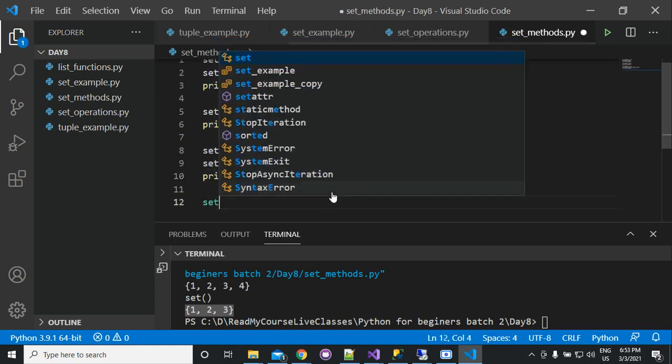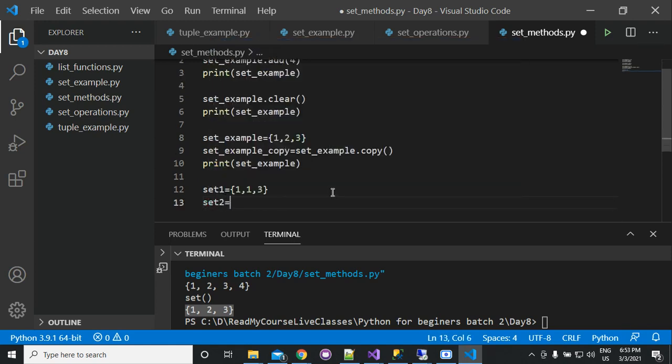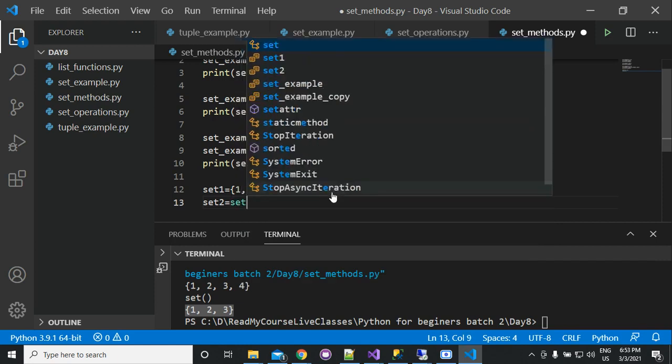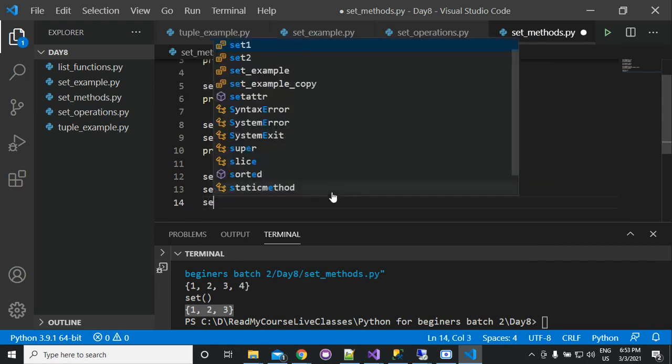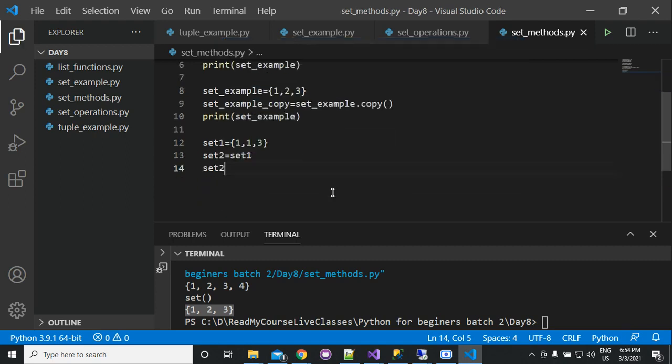Suppose that we have set 1 is equal to 1, 2, and 3, and we have written set 2 is equal to set 1. Now we change set 2 by writing set 2 dot add 4.